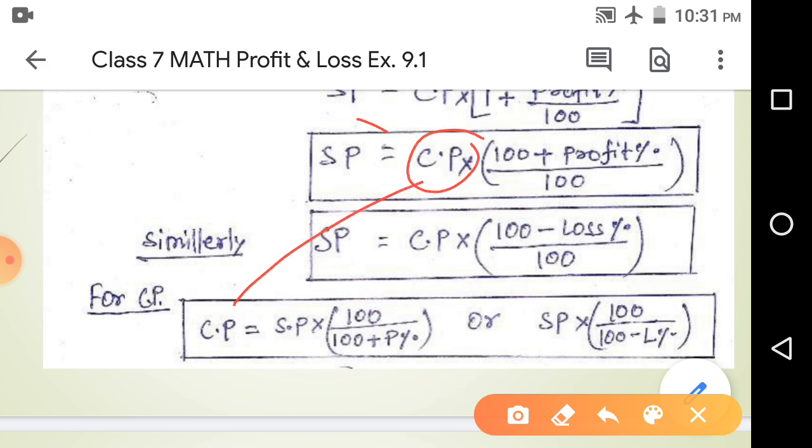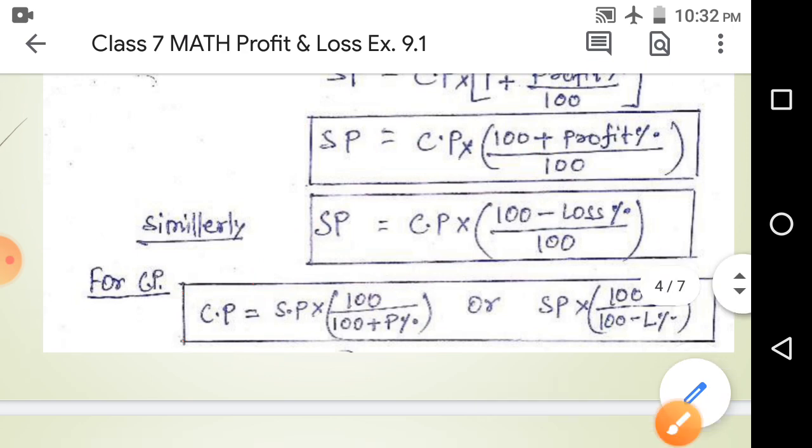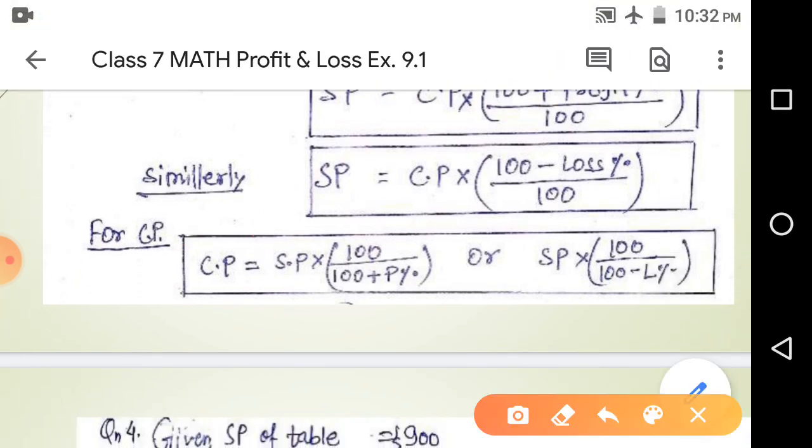Okay, and this selling price is multiplied with this 100, and this is taken by common. 100 plus profit. So this CP, cost price, is equal to selling price into 100 divided by 100 plus profit. And in the same way we have the cost price if we have the selling price and loss percent. For this the cost price is equal to selling price into 100 divided by 100 minus loss. Okay, this is the formula. So you have to remember those direct formulas.